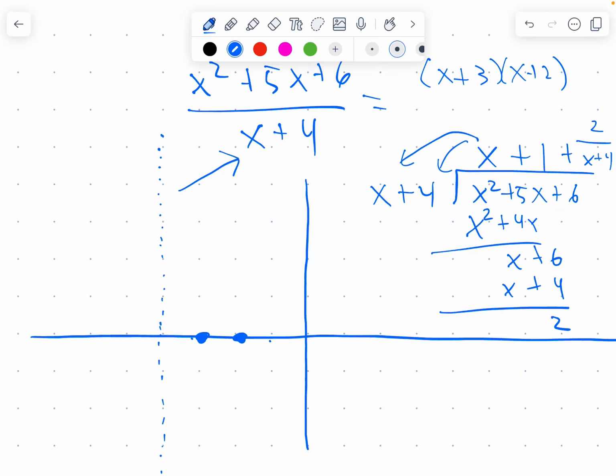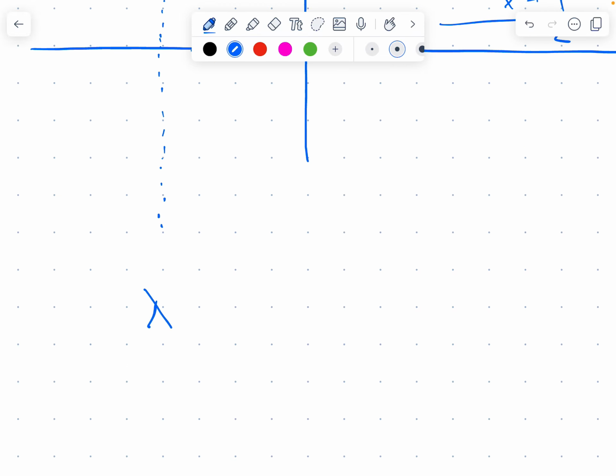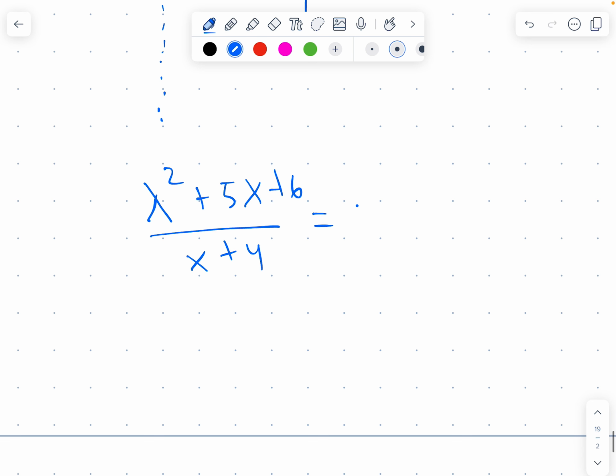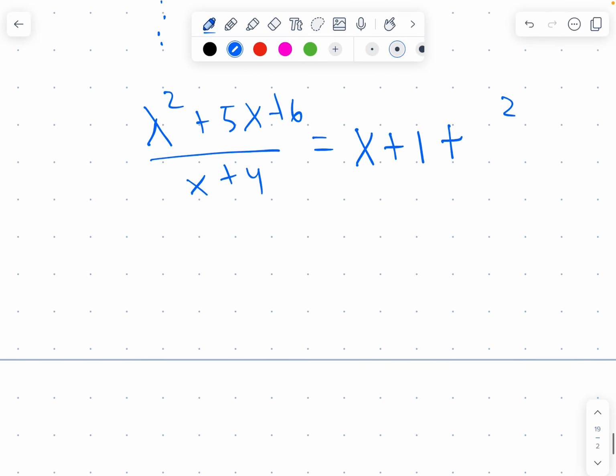Let me talk a little bit more about why we have the slant asymptote. Our equation, again, was (x squared plus 5x plus 6) over (x plus 4). By doing the long division, we showed that that's equivalent to x plus 1 plus 2, or was it minus 2? No, plus 2 over x plus 4. So as you approach infinity,